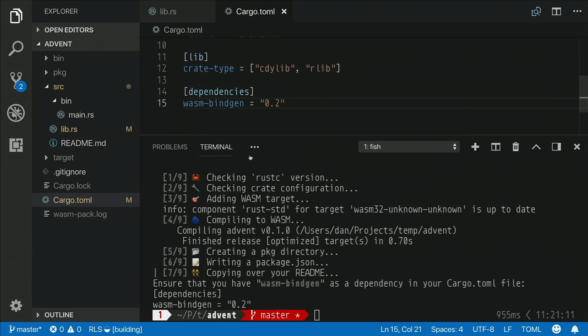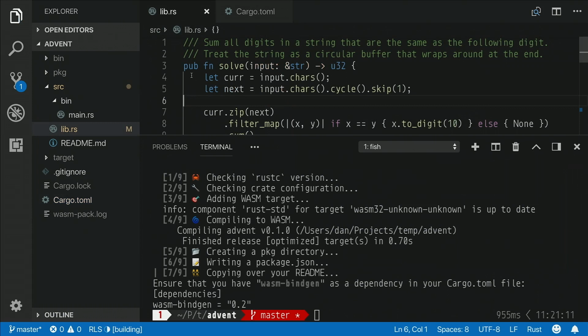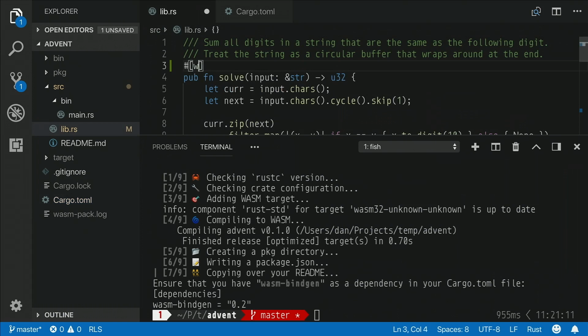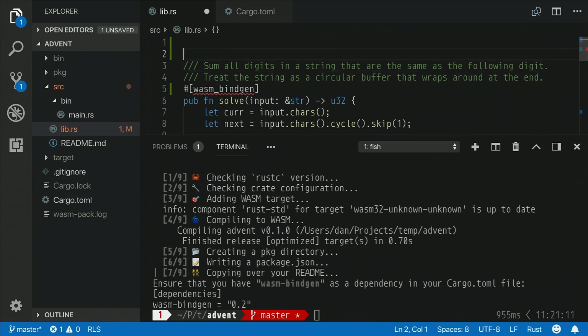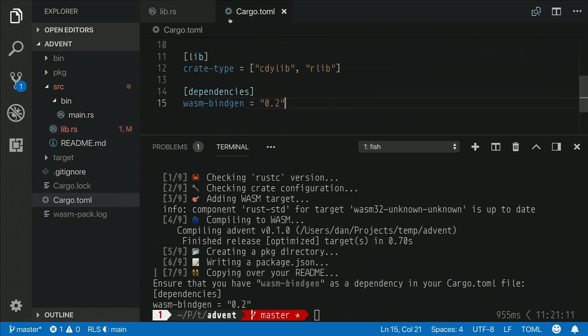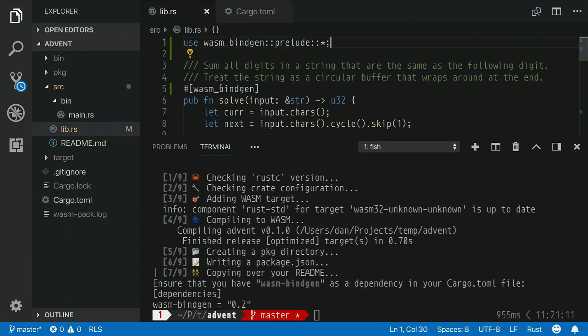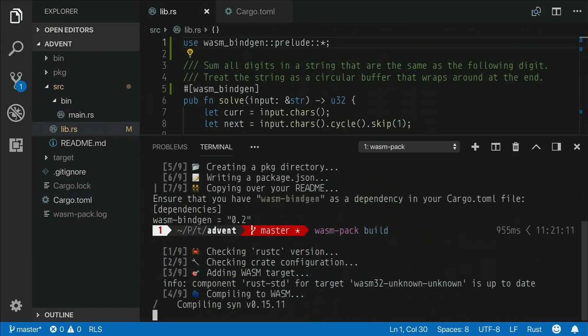I'll save that. And then I also need to annotate which functions I want to export. So I'll call wasm_bindgen on top of that function, and then I need to actually bring these wasm_bindgen things into the namespace. So I'll use wasm_bindgen prelude star. So, new third-party dependency, two lines inside this Rust file, and now when I wasm-pack build,